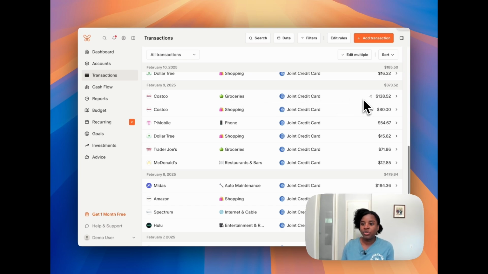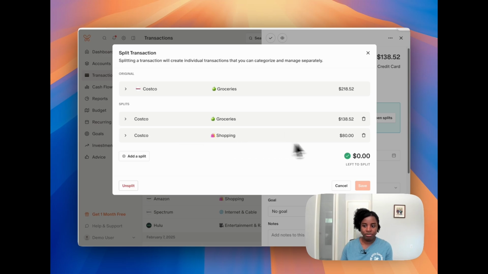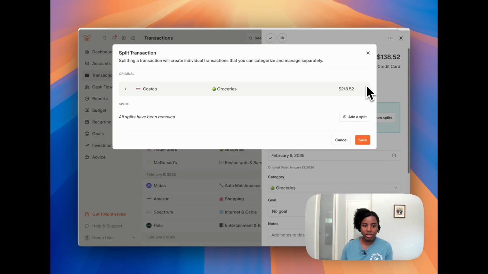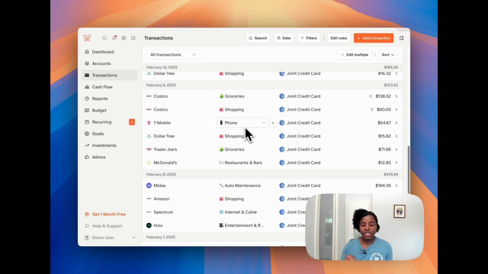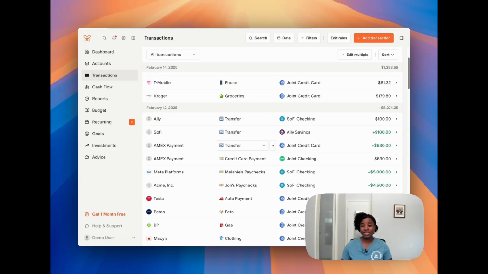Okay. And you'll know that these are split because they'll have the little split icon over there. If you ever make a mistake with splitting items, you can always delete these. You can expand it, click on open splits, and you can delete both of these if you wanted to as well. So that's another thing you can do with organizing this if you'd like to really get down to the nitty-gritty of splitting transactions. And then the last thing that we had talked about before was you could add tags